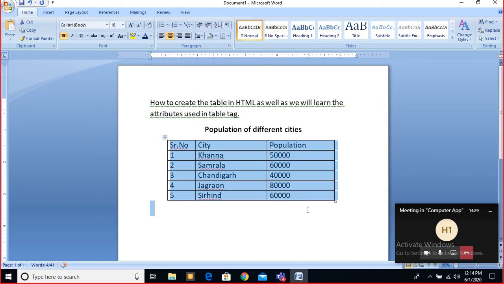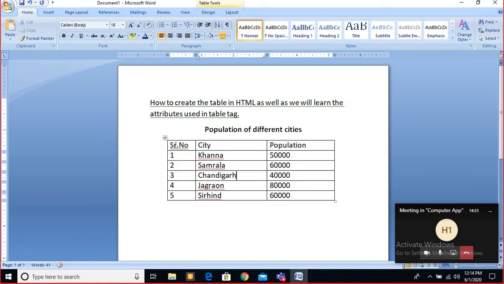In the same way, this is called your data. Now you know that these are columns and these are called rows. Horizontal are rows and vertical are columns. So if you see serial number, city, population, these are basically the headings of the columns, or we can say the table headings. So for the heading, I always make it bold.